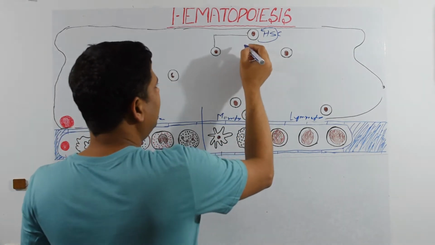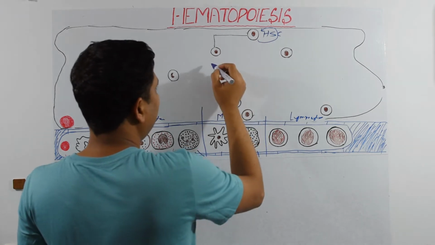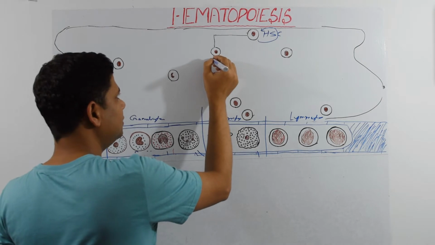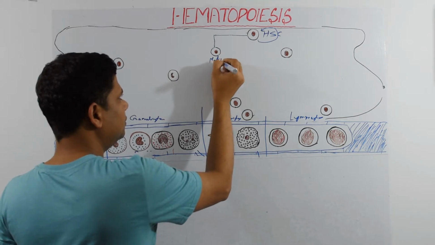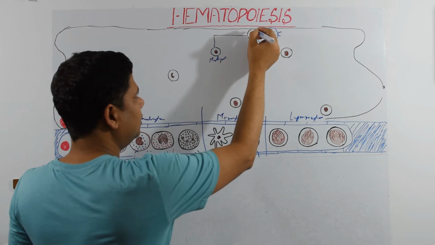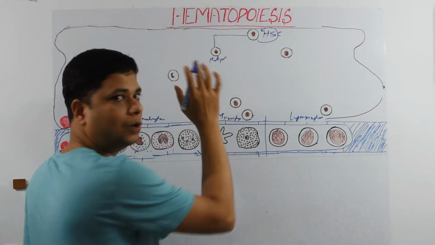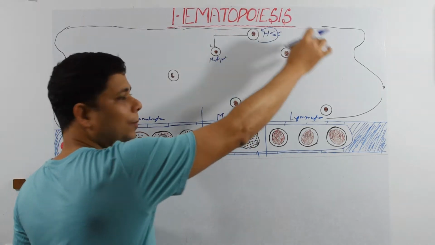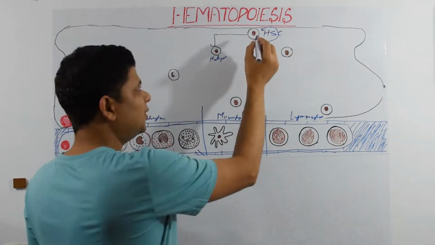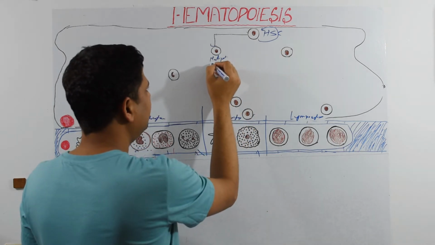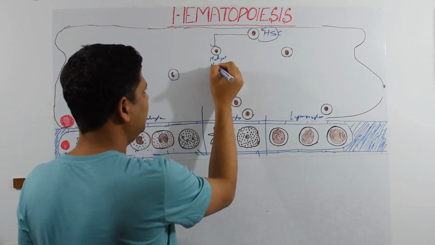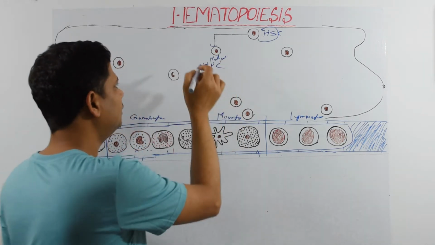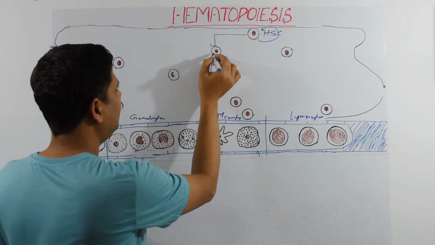And then the stem cell becomes progenitor cells. This is also multipotent. This is a one-way process. Once it becomes progenitor cells, it cannot go back to hematopoietic stem cell. From hematopoietic stem cells comes the hematopoietic progenitor cell. From here, it goes either